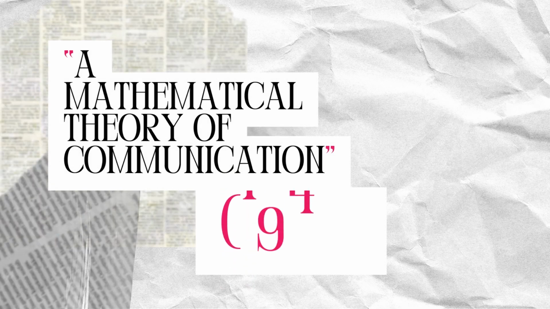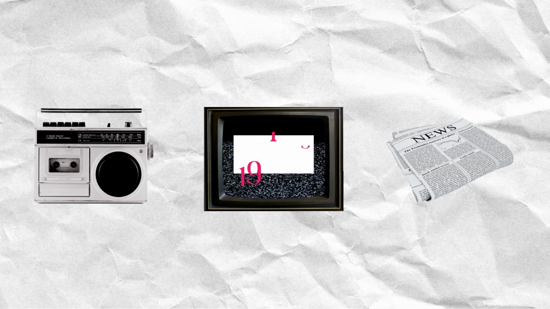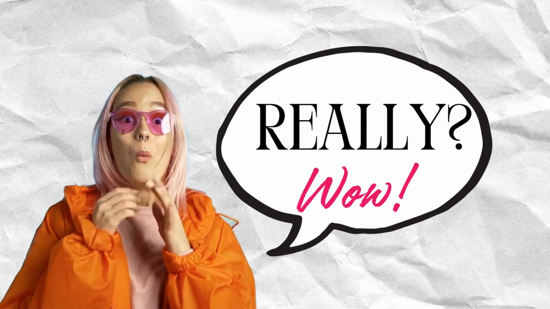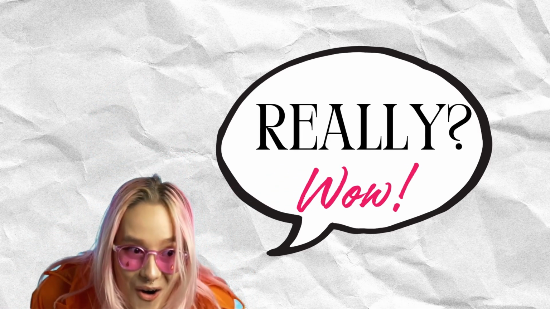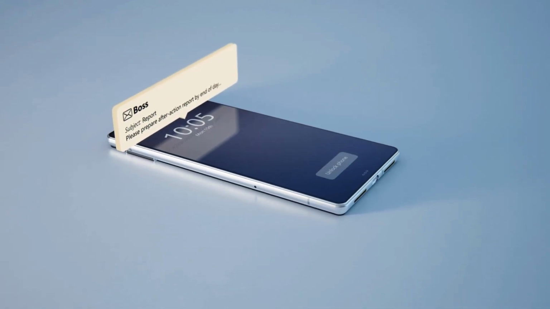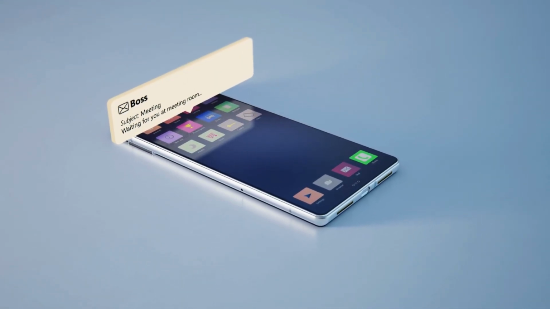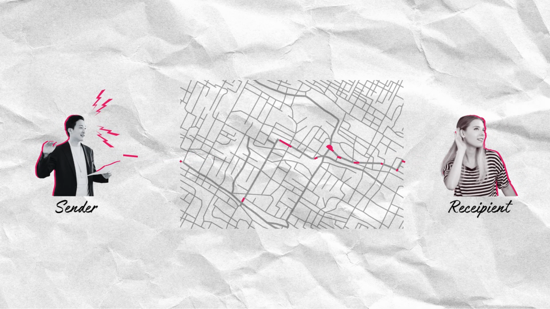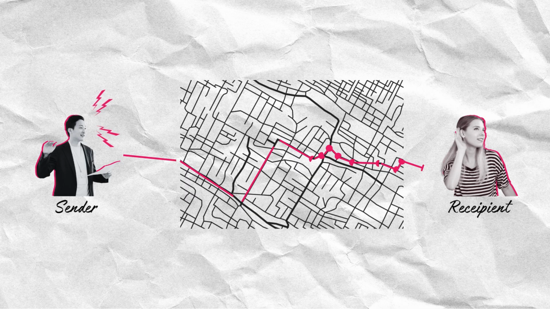This study was published in the 1940s, at a time when print, film, radio, and TV were the main mediums of communication. If these four were described as noise back then, in our current times the noise is even louder. The advancement of modern technology, such as mobile phones, the internet, and social media, to name a few, means that when you do get your audience's attention, your design materials must navigate through the noise to deliver